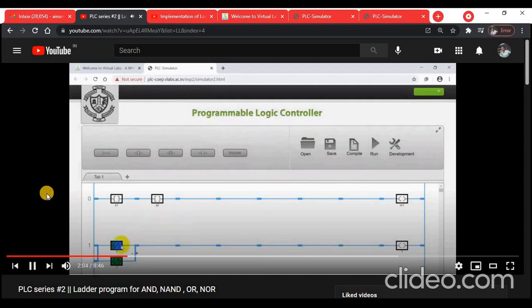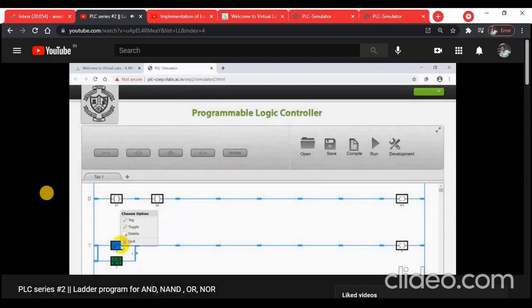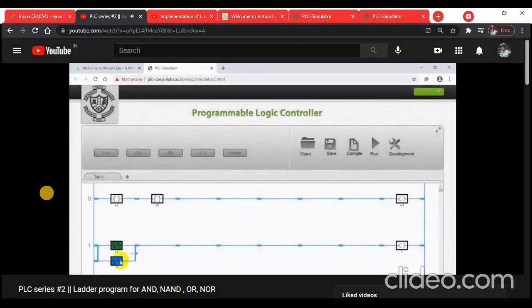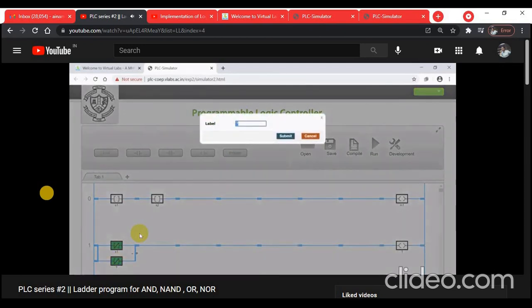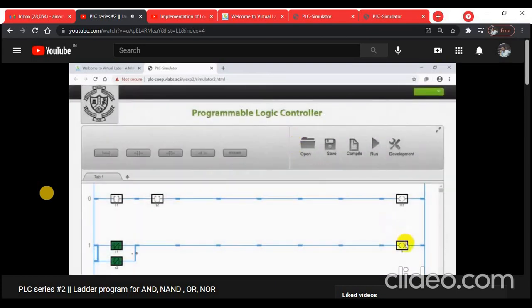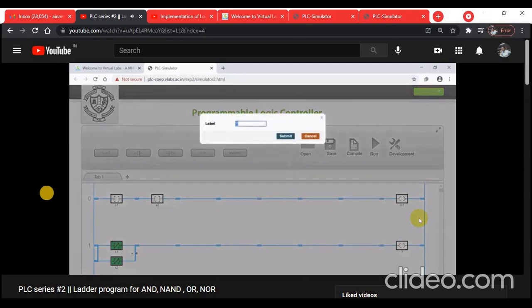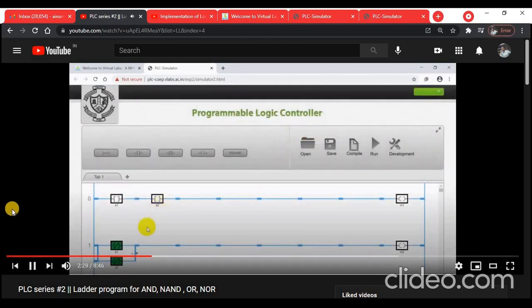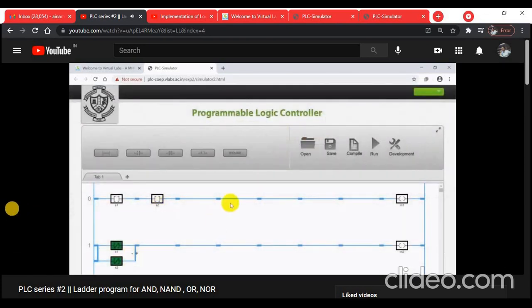For NAND also we are giving the same addressing, like sensor S1, next sensor S2, next output actuator, that is motor M2. So now the NAND logic is designed successfully.